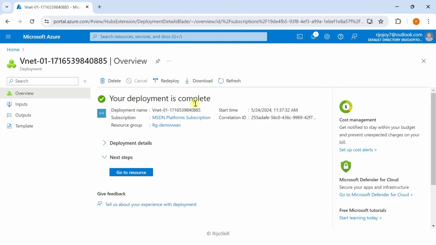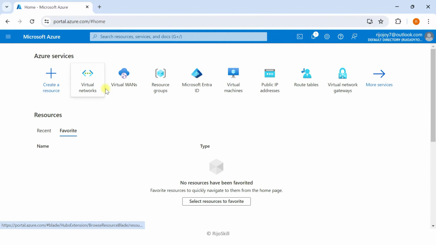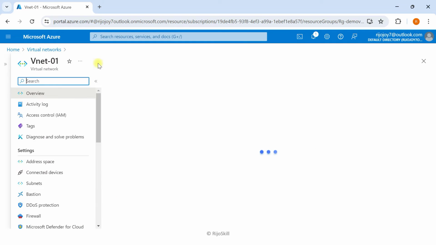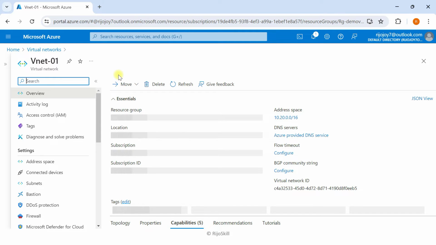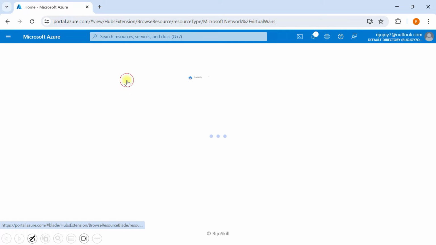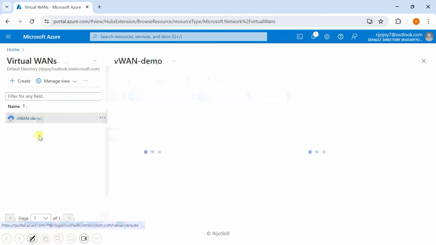Virtual network deployment is completed. So we will just go to our virtual network. Here our deployment is completed. Now we need to connect this virtual network to our virtual WAN. How can we do this? Just go to virtual WAN, then click the vWAN demo,